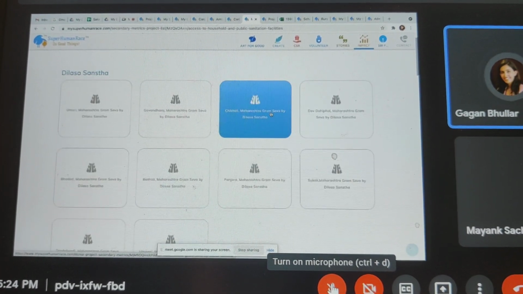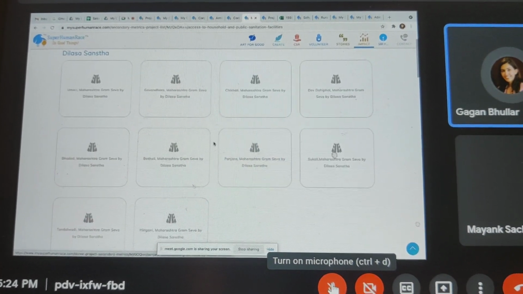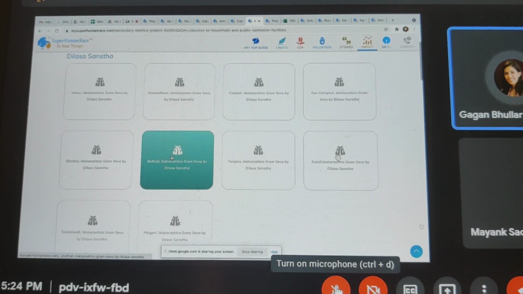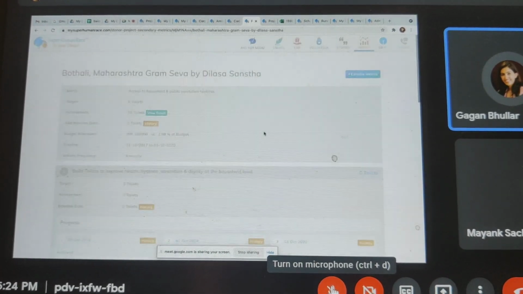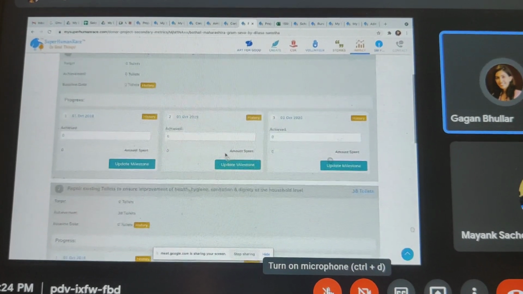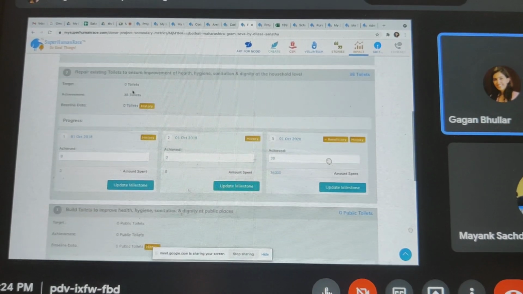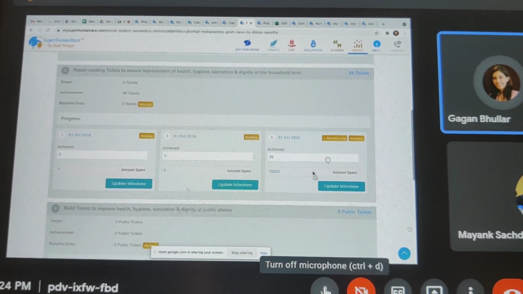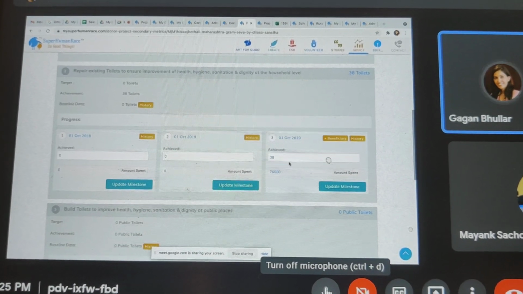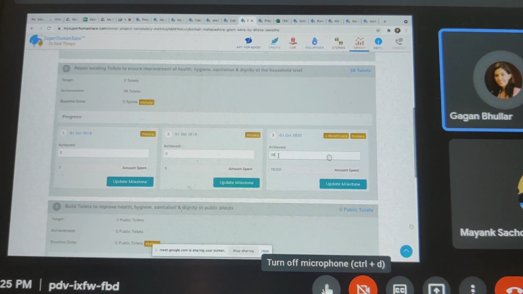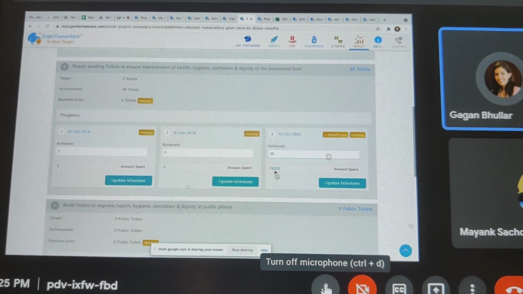So partners actually find this very helpful when they get questions for, say, for example, how much have we spent on roads this year, right? For how many kilometers of road, how much have we spent? So they are simply able to get into that particular location and they are able to see if an amount spent has been reported. So here all of the data is 0, but for example here where there is a repairing of toilets metric that has been set, they've reported that they've repaired 38 toilets and the amount that they spent for repairing it was 76,000.